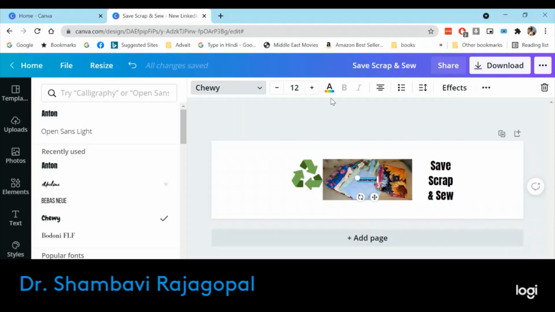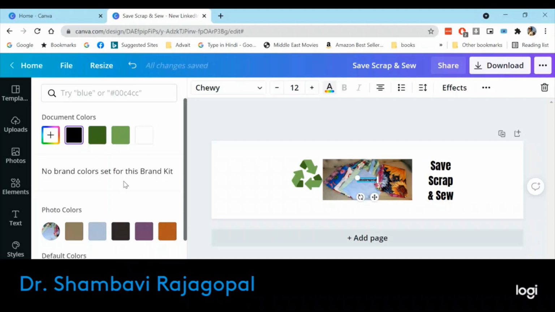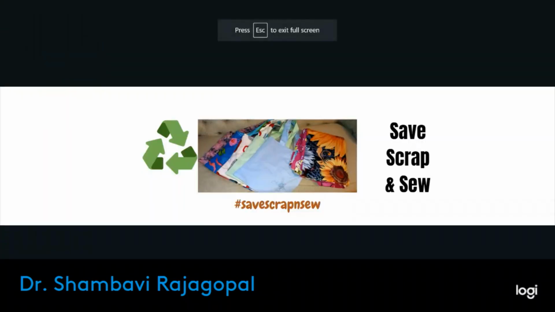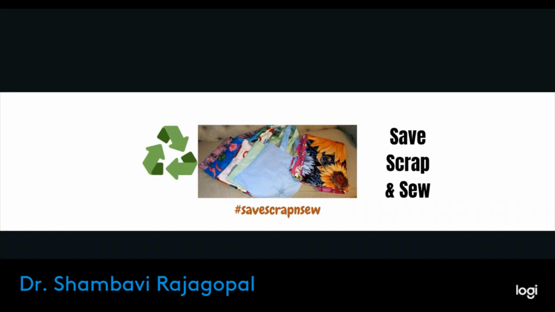And now I also want my text, which is not so clear right now to you, to be in, let us say, the brown color. I'm going to move this here and we are increasing the size. Now at any point, if you want to look at the full scale, you can actually click here and you can see what it looks like in the full screen. So did you get your spellings right and any other corrections you want to make?